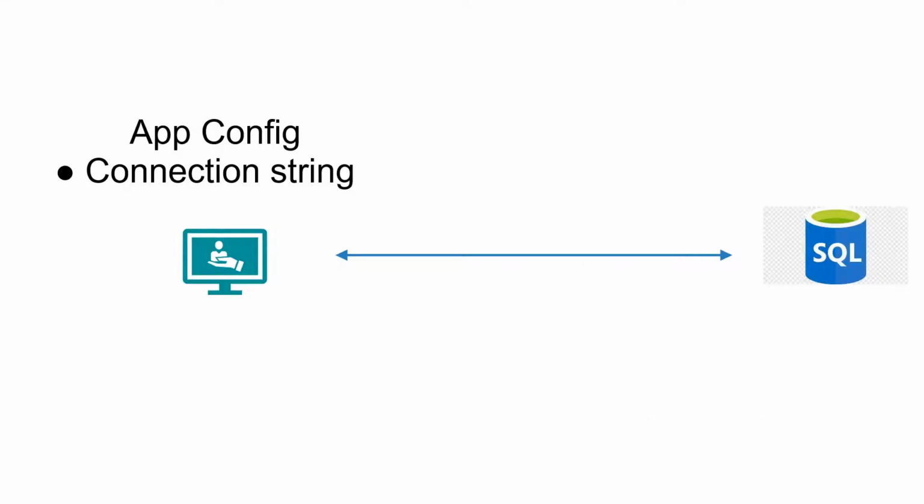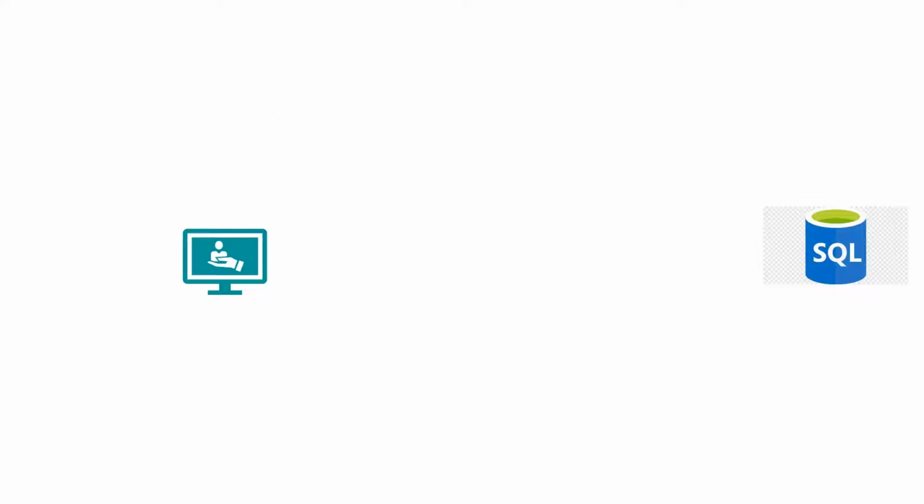Traditionally, if we want to access a SQL database from our application, we will save the connection string in the app config. But this is kind of a security issue, meaning the application password is not to be shown even to the developers. If a developer requires it, they may have a separate delegated access. They are not supposed to see the database user ID and password. In order to overcome this issue, we may need to save our connection string in a centralized location, and at runtime our application should be able to access that connection string.